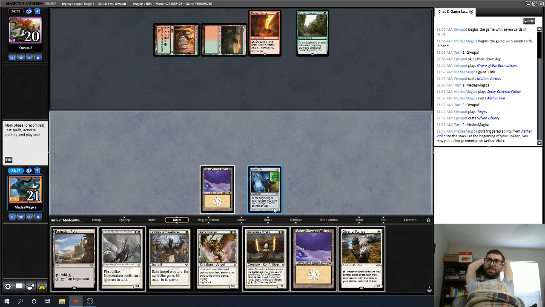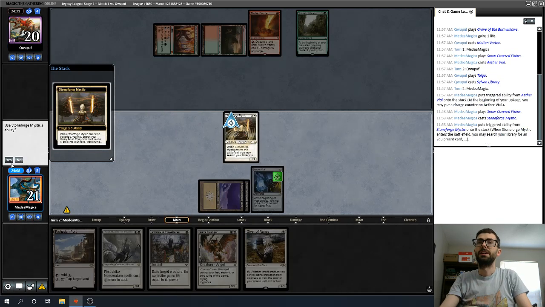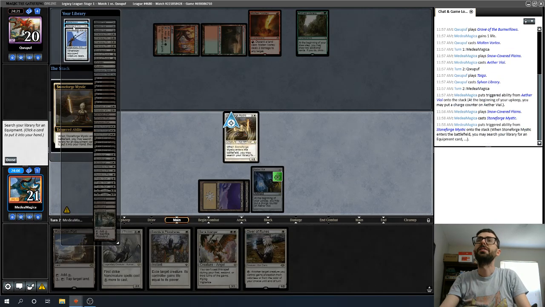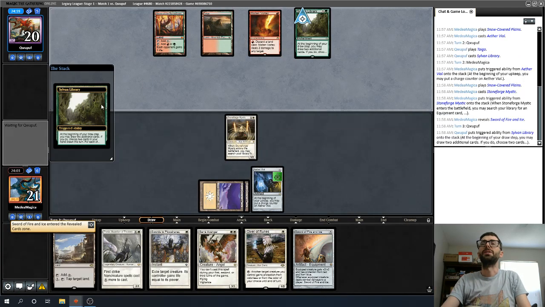Giver of Runes, very noticeably worse than Mother of Runes in this situation. I think I'm just going to ram my Stoneforge Mystic out here and get my Sword of Fire and Ice. Getting that card